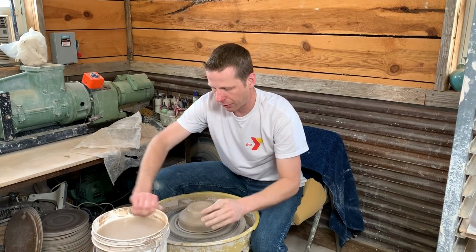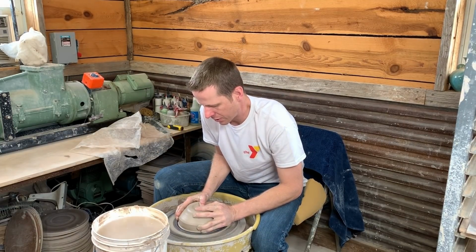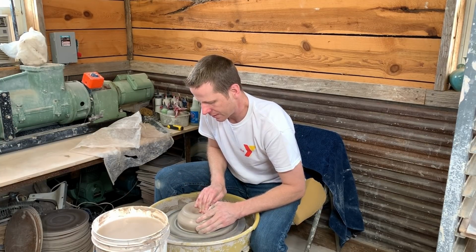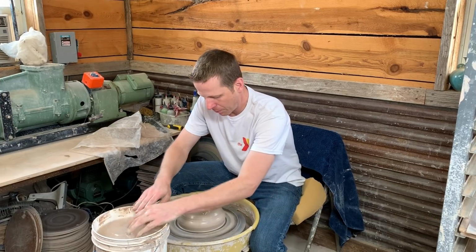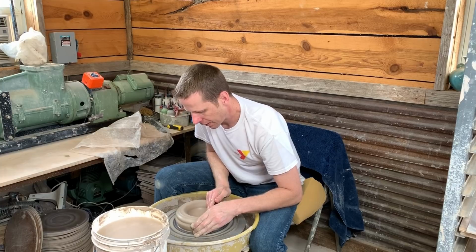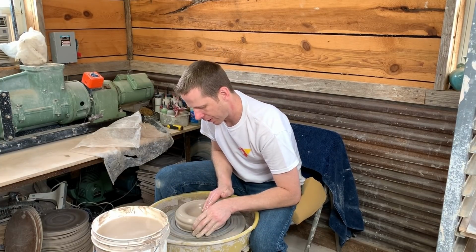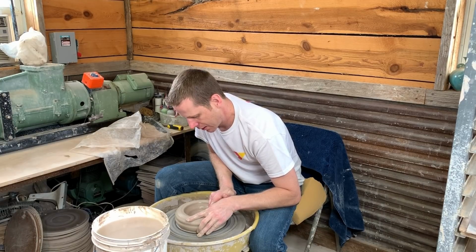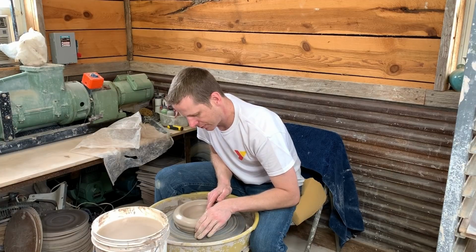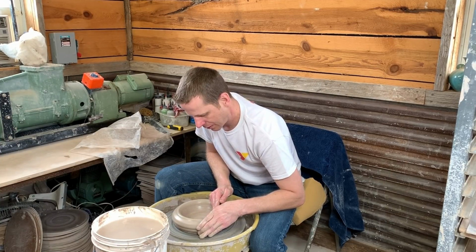When I throw this 6, it's not going to be as thin as it would be if I was just throwing a single pot out of 6 pounds, because that's the other thing that I realized. I knew that if I was going to throw pots in sections, I would have to make them a little bit thicker. They still don't have to be heavy, but you definitely have to make them a little bit thicker, and maybe use some stiffer clay just to help with the physics of clay needing to hold itself up. So I'm going to open this,